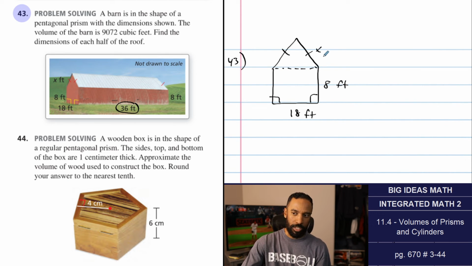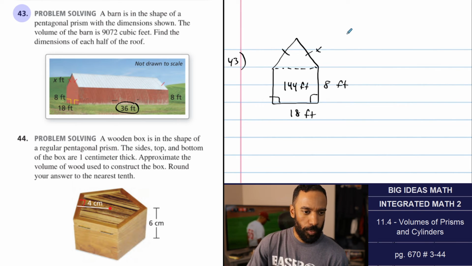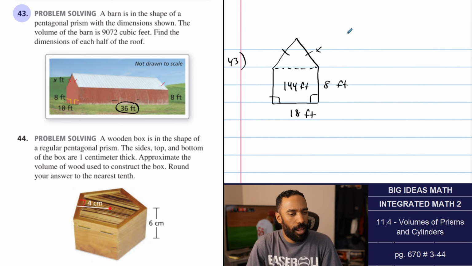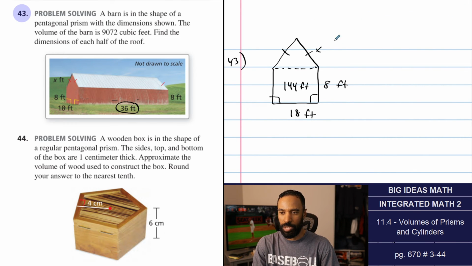It's not a regular pentagon. I'm not doing 1/2 apothem times perimeter. I take this area, 8 times 18, which is something. 144 square feet. And then I find this one as well. Actually, I think I'd rather do the volume set. I'd rather do the volume set because I know the 9,072 is a separation of those two parts. So